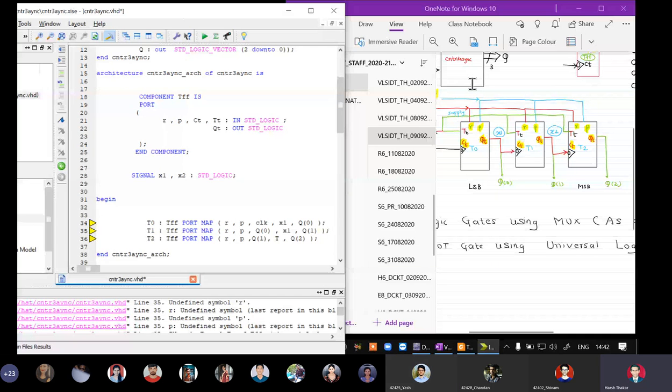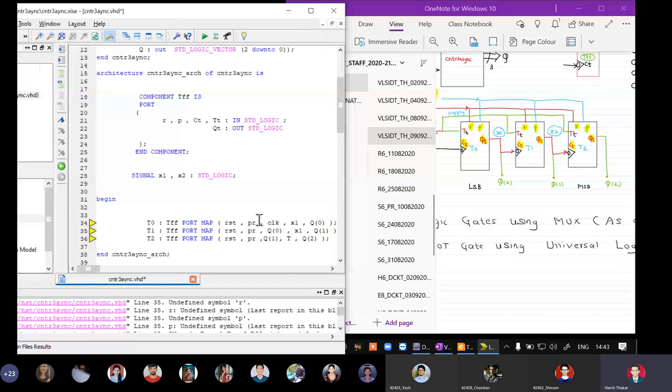And then after I tell, you are telling. So that is why we have to pay a lot of attention, right? As I told you, R and P of all three instances are connected to RST and PR. That's okay, fine.